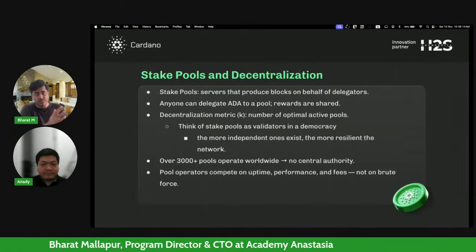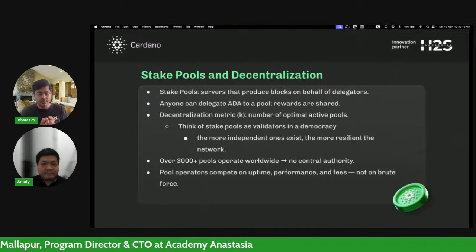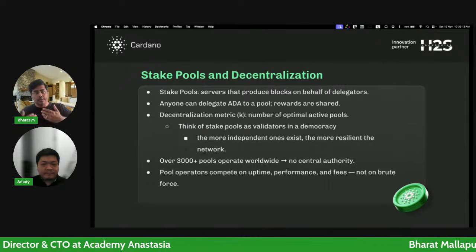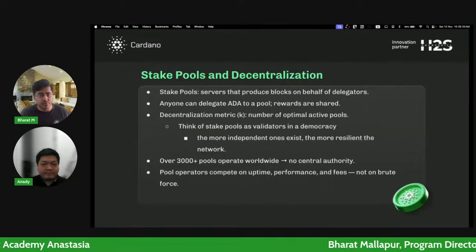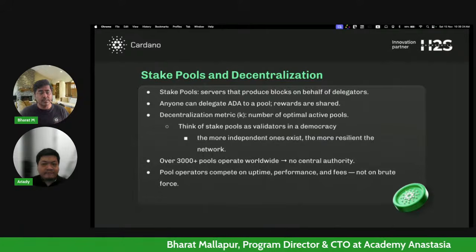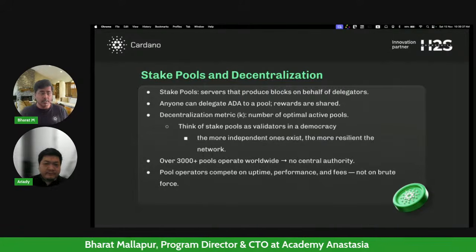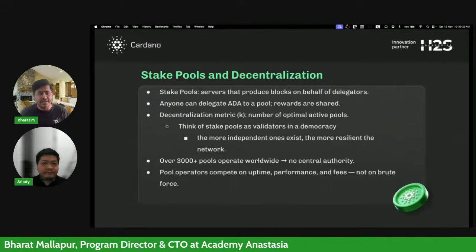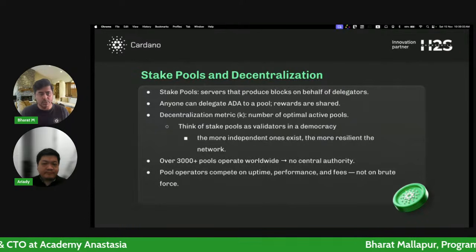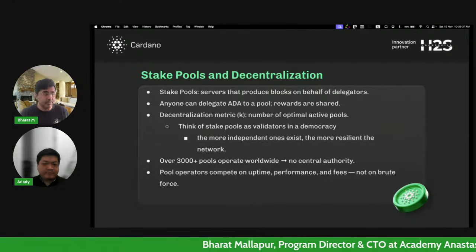And these 3,000 might seem like, oh, there's only 3,000, but under each pool, there will be hundreds or thousands of people who will be participating. So the amount of staking that is actually happening is very, very high. Around, I think, 85% of active ADA in the blockchain is actually being staked. So that's a very, very good metric, a very healthy metric, right?